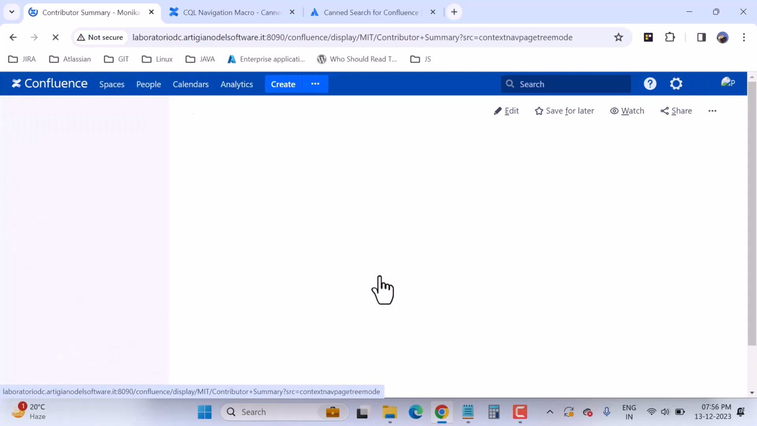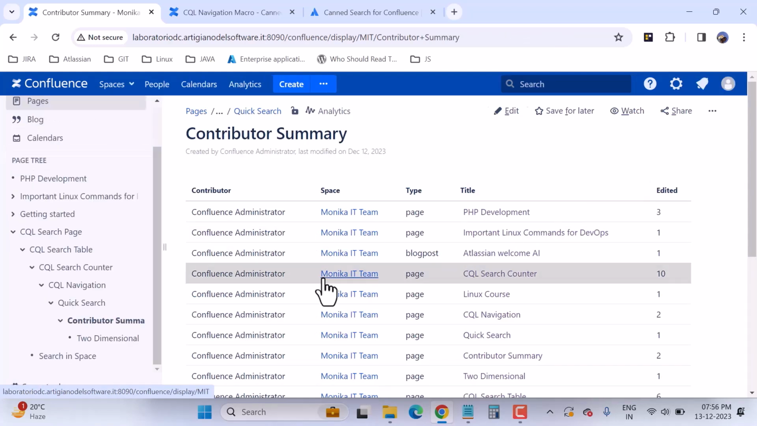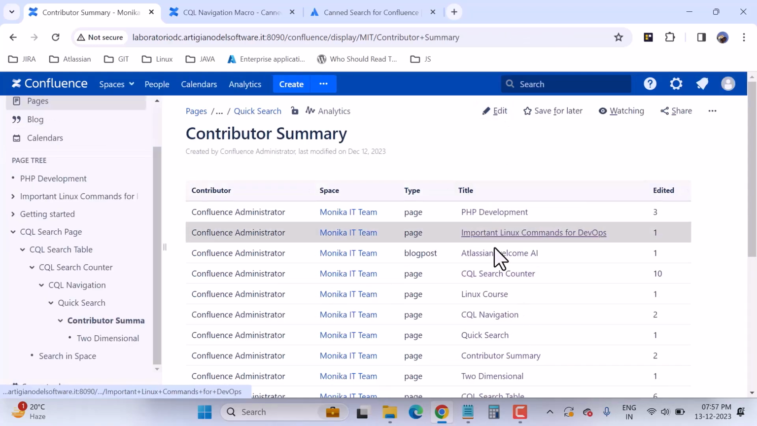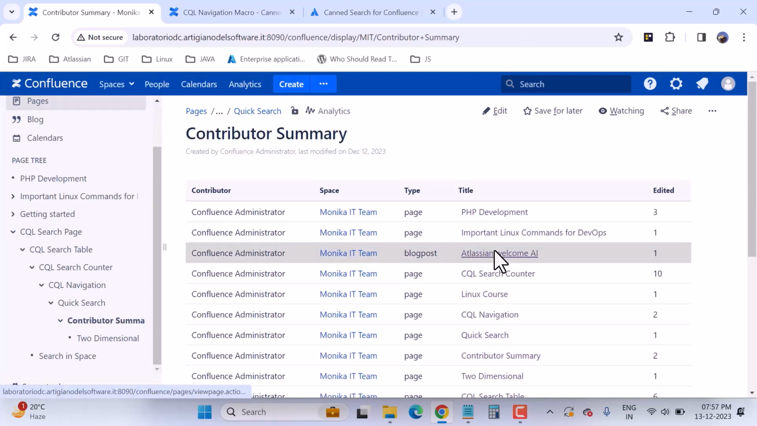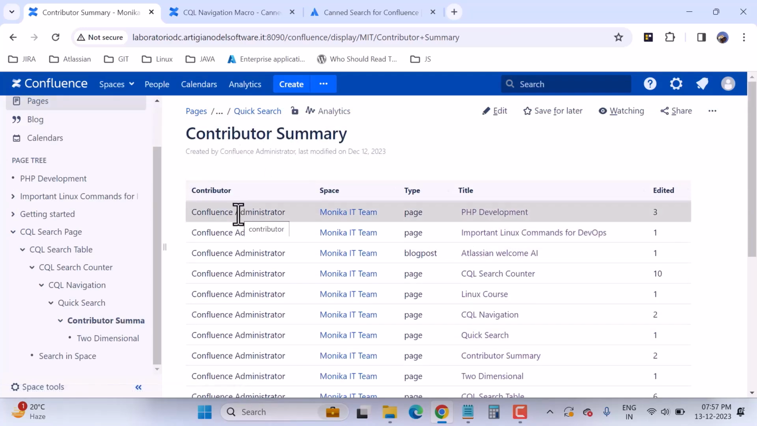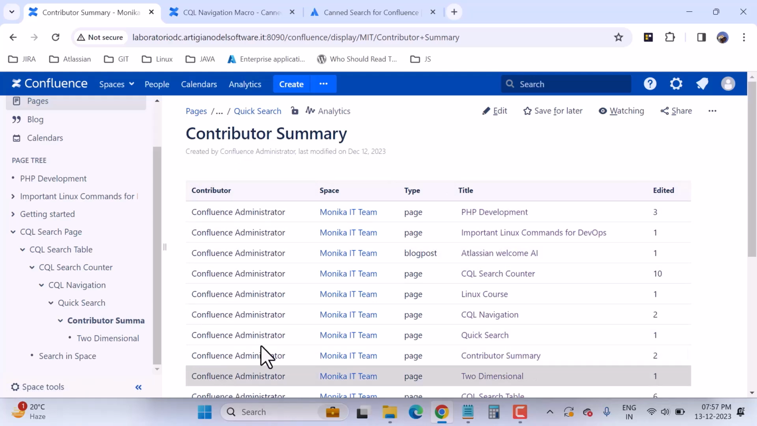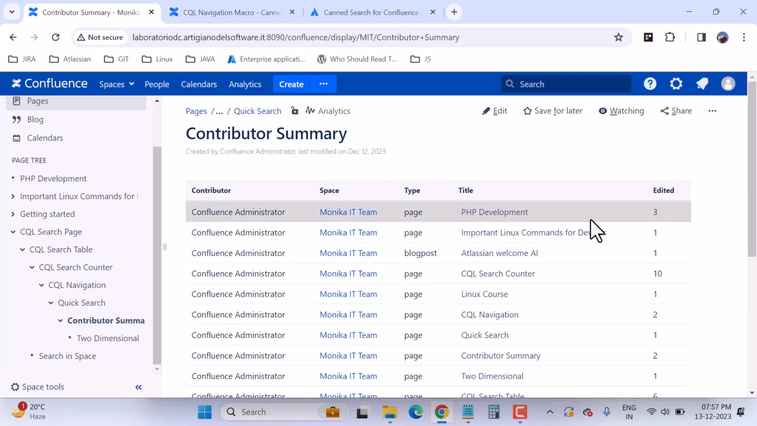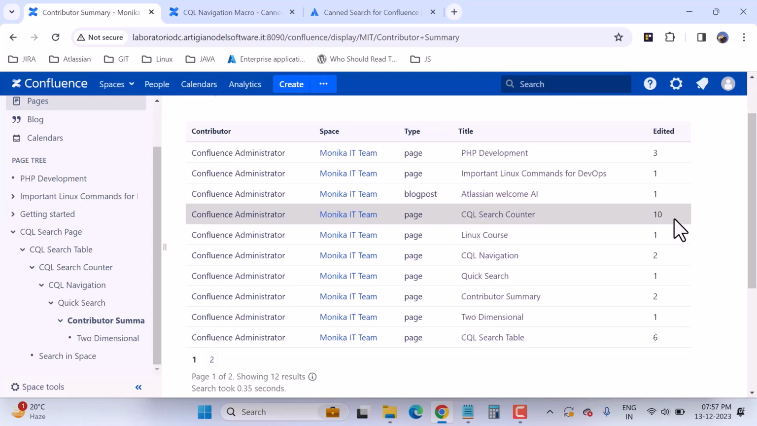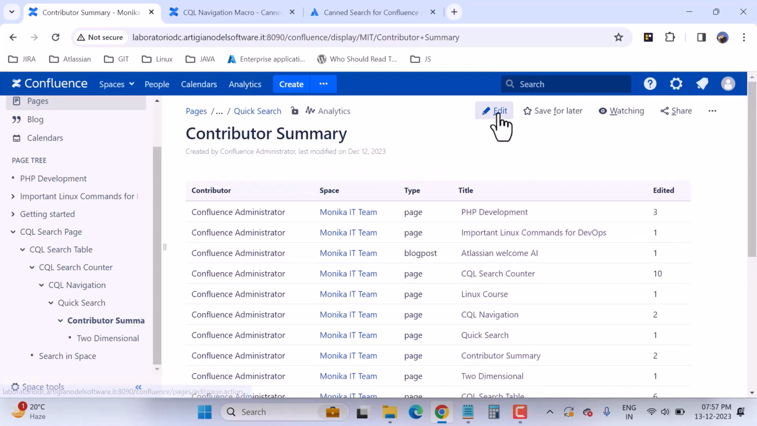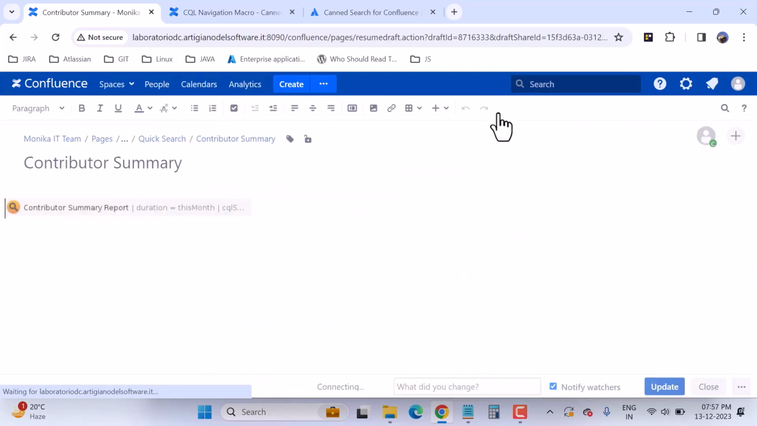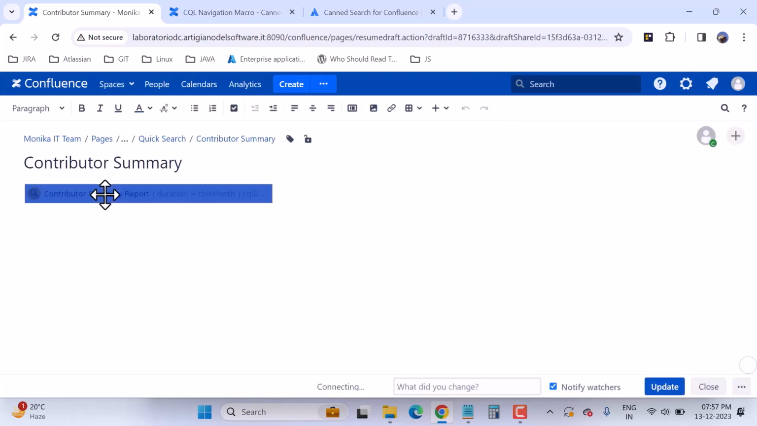The next one is the contributor summary. This is also an awesome macro. If you are using this macro, then like this you will be able to get the contributor summary. Here you can see the contributor name, space, type, title, and how many times it has been edited. Now I'm going to edit it so that I can show you the settings. If you click here and click on edit,